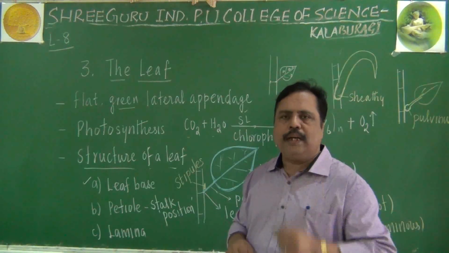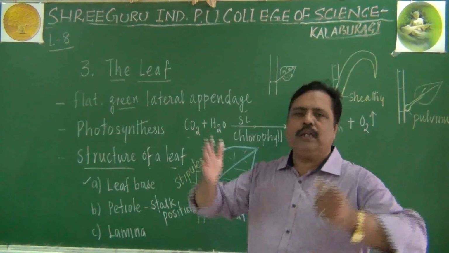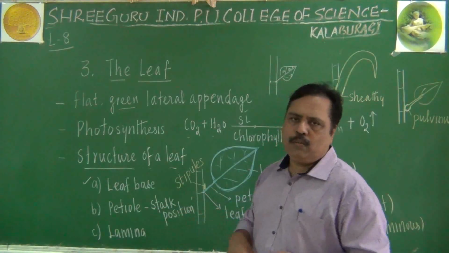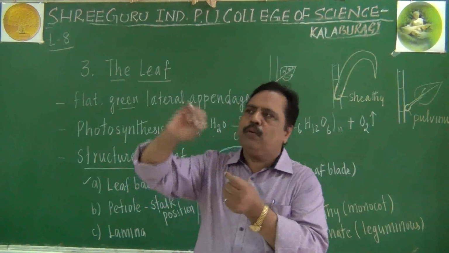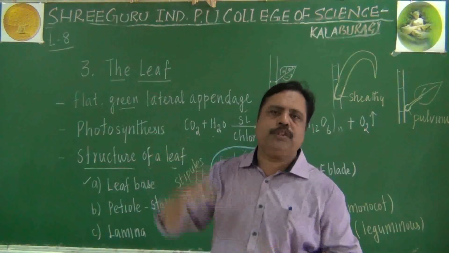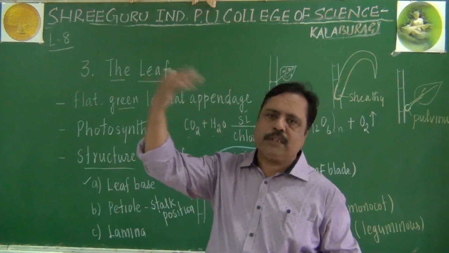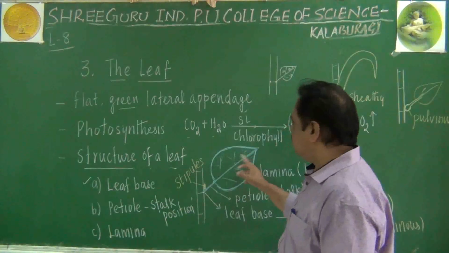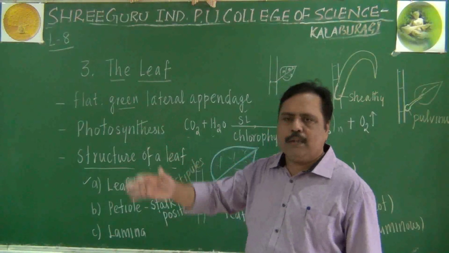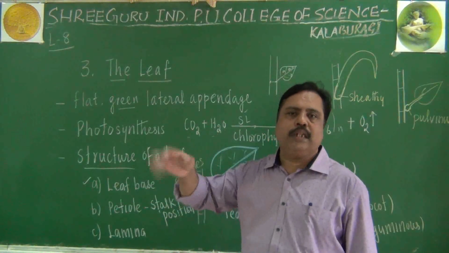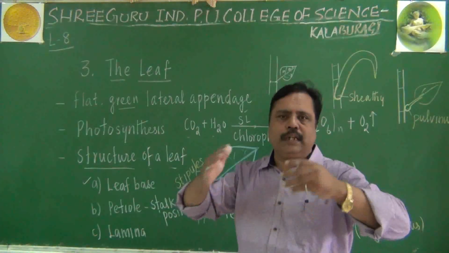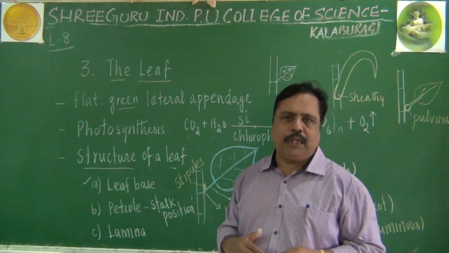Who will hold that lamina in that particular position? How the leaf is growing in this flat manner is due to the petiole only. So the petiole will hold that lamina in a particular position so that the lamina can be exposed to sunlight, as well as catch the wind also. The petiole will make the leaves oscillate in a wave-like motion, so that air can blow in and there will be more cooling effect on the plant body.